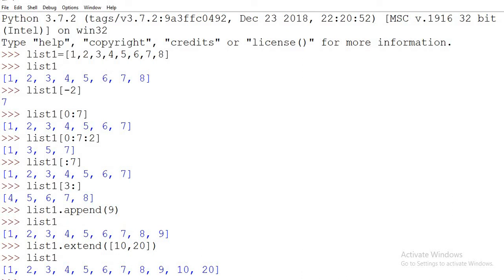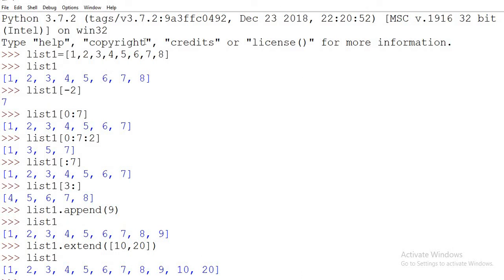But the problem is, if you want to add a single element, you can use the append function very easily. It will not hamper anything. But if you are trying to add more than one element at a time to your list, then append will not work. For that you have to write the same statement again and again for different elements. So if you have all the elements, why not use extend? By using extend, you can do the task very easily.